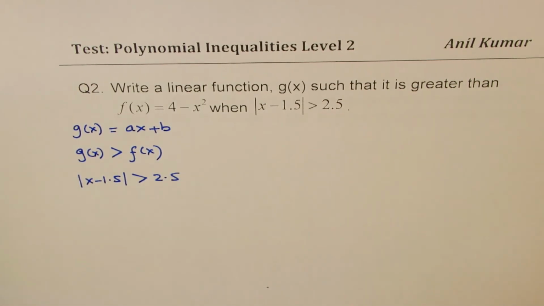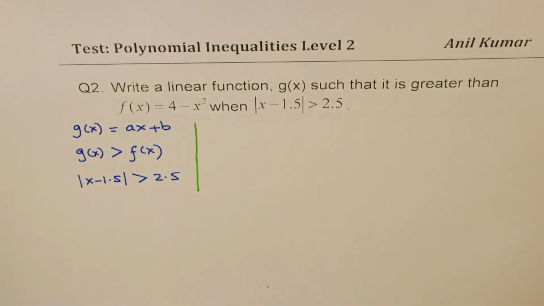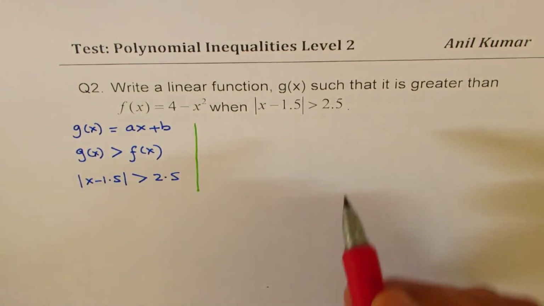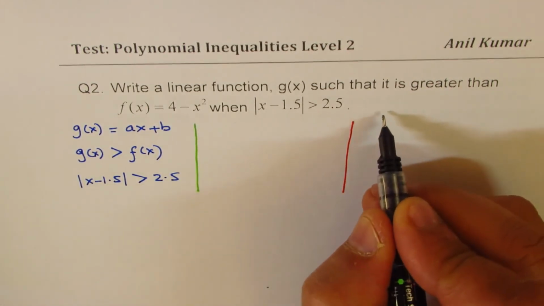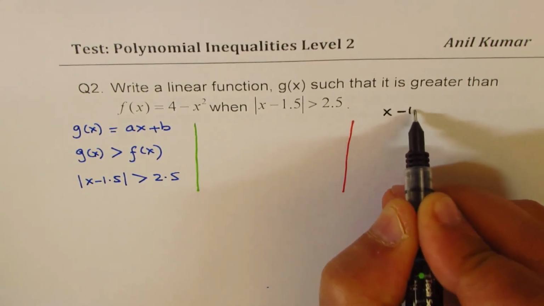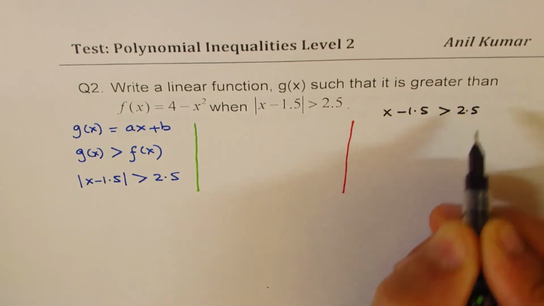It means two things. Let me show you those two things here and then we'll get back to the question. Because an absolute function could be positive or negative, right? So if you want to do it algebraically, it means that x minus 1.5 is greater than 2.5,